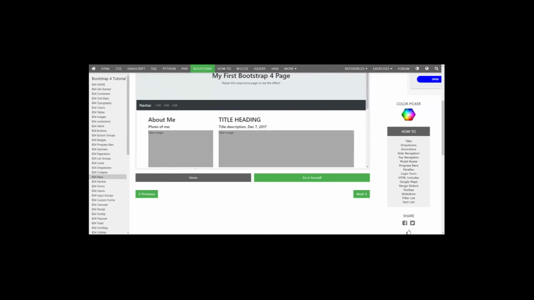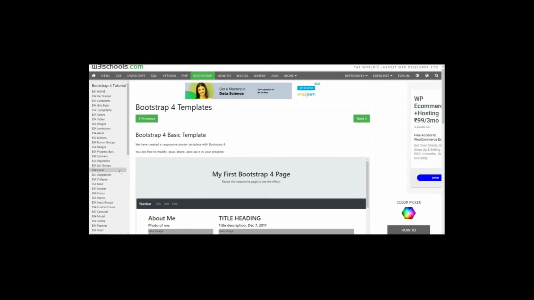Now that's why I am making this video today, because Bootstrap is upgraded to its new version. So what's new in Bootstrap 5?